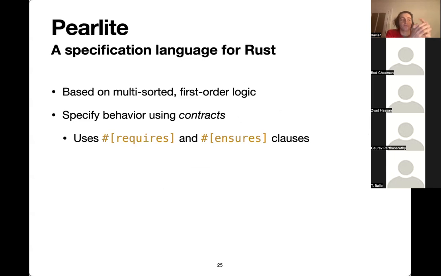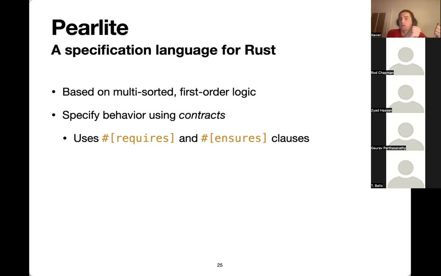As I said, Creusot provides a specification language, and if we want to verify Rust programs, or verify programs at all, we need to be able to say what we want to verify. We call the specification language Pearlite, which is a microstructure in steel. So we're keeping the metallurgical trends. Pearlite is a standard behavioral specification language, in the sense that we specify behavior of Rust functions using contracts. So we have our standard clauses, requires and ensures.